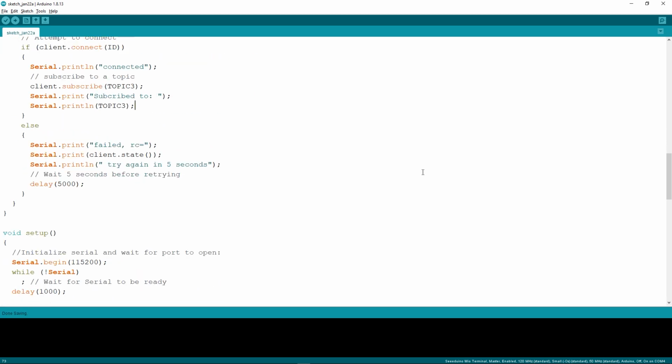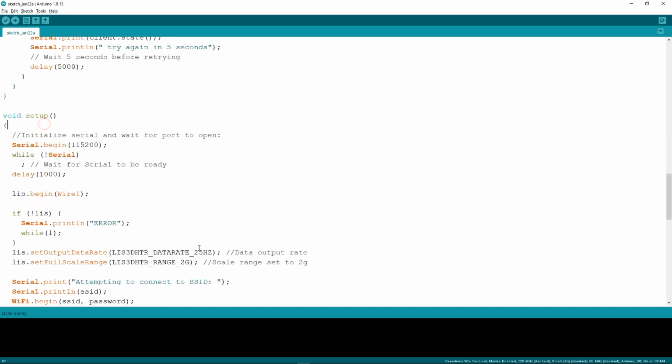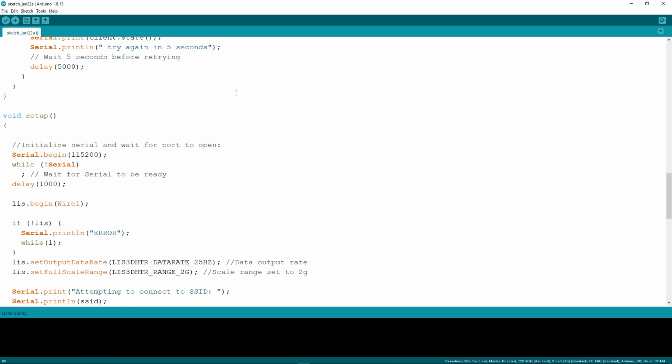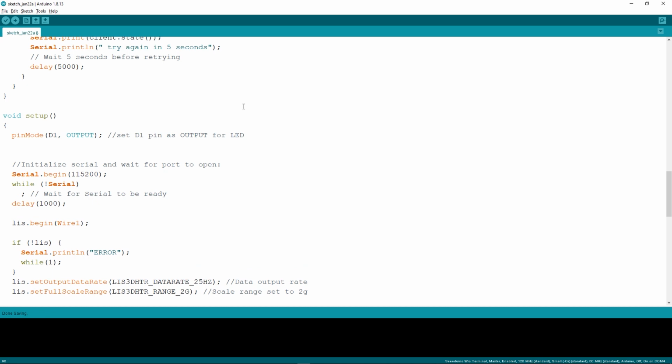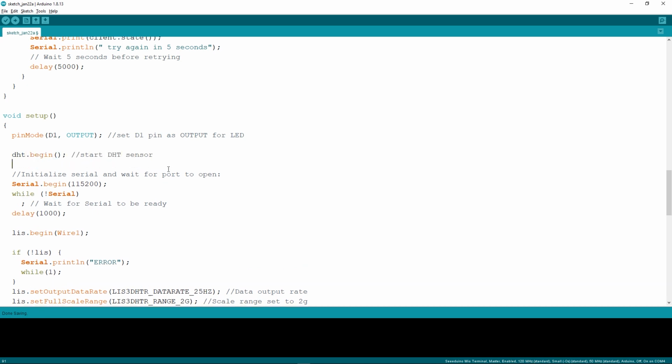After that, go down, and here inside the setup, let's first set D1 pin as output for the LED. Next, let's start the DHT sensor. After that, let's initialize the serial communication and wait.